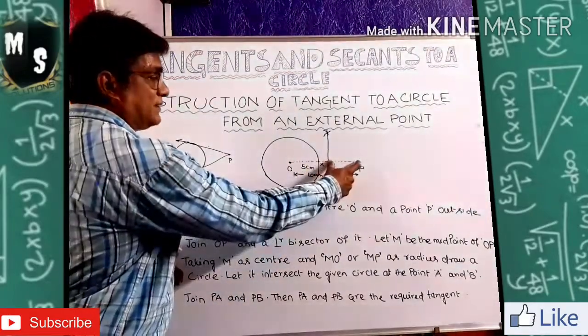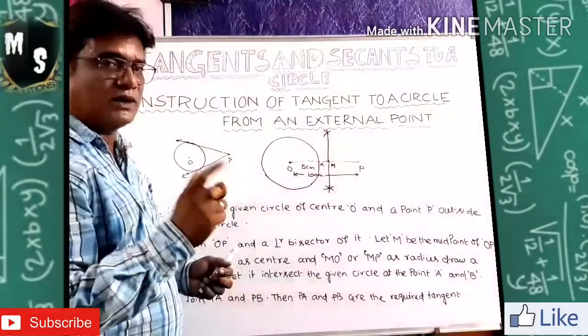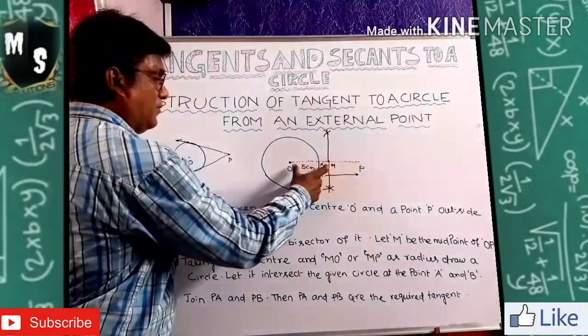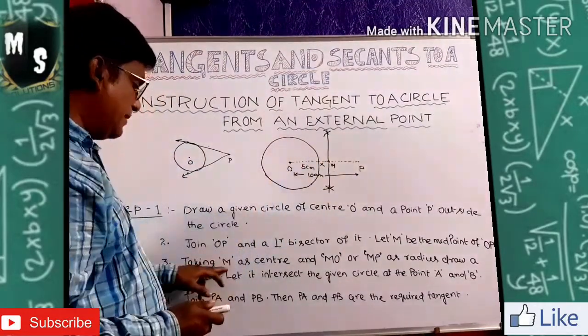And this one as radius. M to P or M to O, whatever you take, both are the same. You draw another circle here. He is saying take M as center